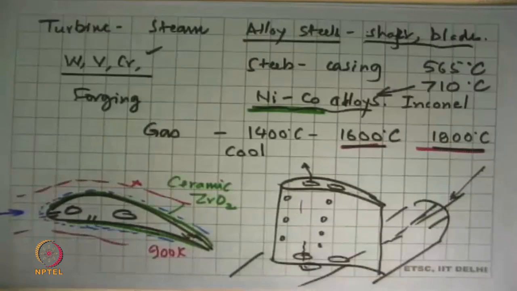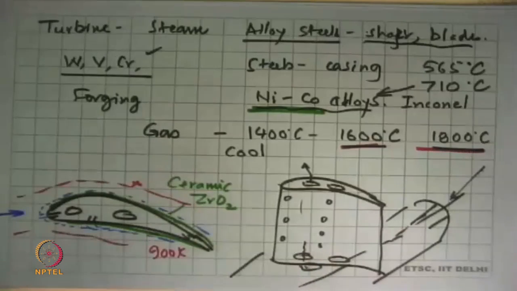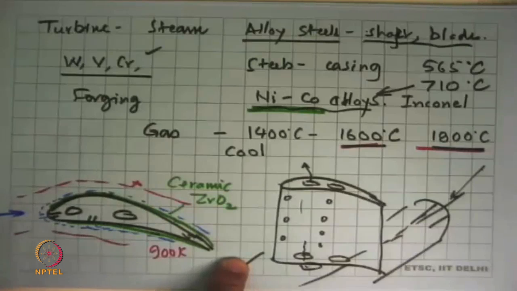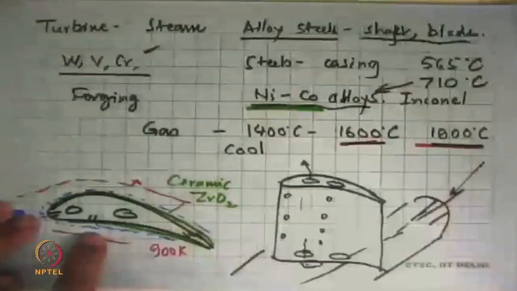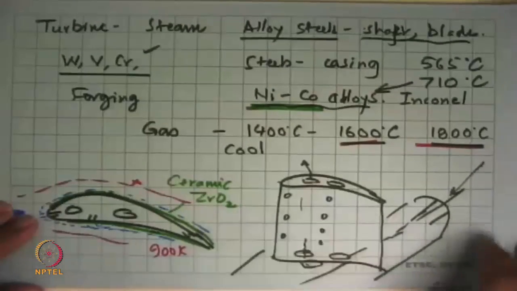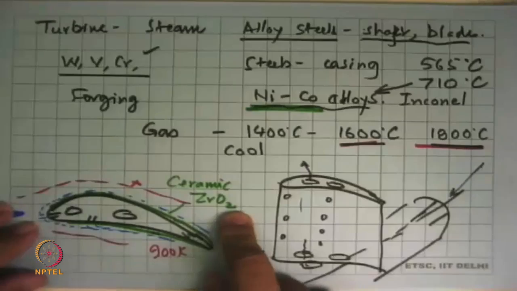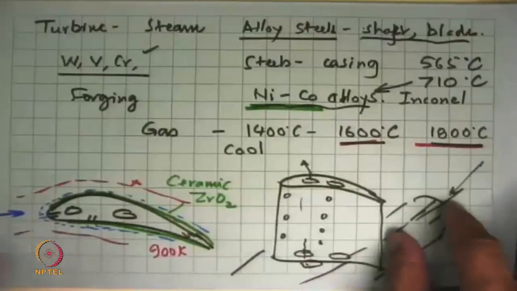To get better mechanical strength, you do not like to have grains in the material, like you've learned in your casting or manufacturing process. So they try to make this and cool it in such a way that the whole blade does not have grains but is a single crystal. That has very, very good mechanical properties. Then there are cooling passages, and then there are ceramic coatings on top of that. So gas turbine blades, aircraft engine blades, especially in the first 2-3 stages where temperatures are very high, this is what is being used. And the research that people are doing is, can we make the entire blade out of ceramic? And that's a huge challenge because ceramics cannot be processed by any of the conventional manufacturing techniques that are taught in a typical manufacturing course.